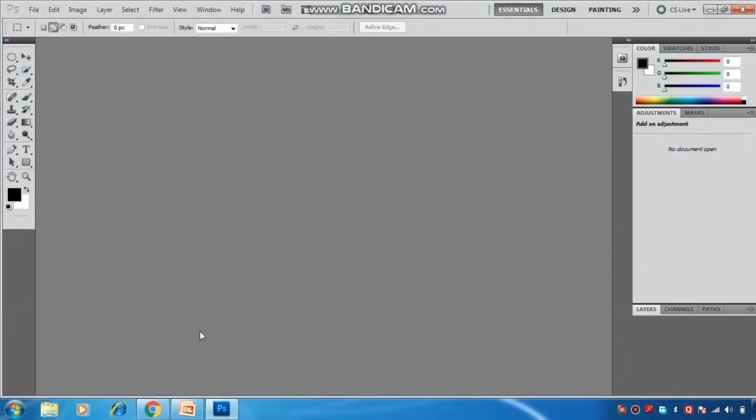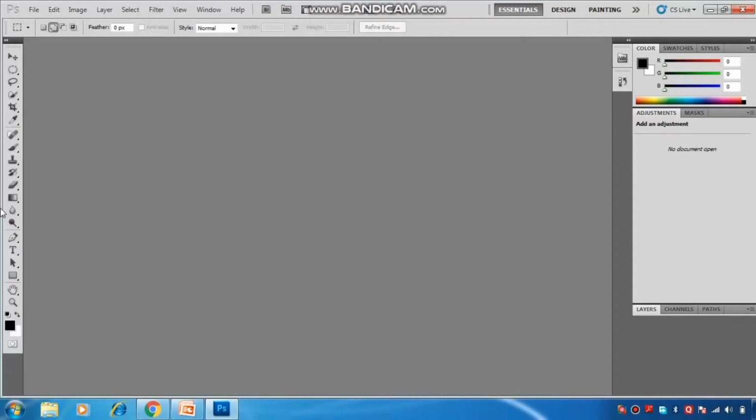So this is the window of Adobe Photoshop that will appear on your screen. Firstly, let me discuss our window. The second one is called the option bar, and the first bar is called the application bar, or you can say the menu bar. The third one is the tool panel. And here you can see the palettes, and this one is called the document window. Here you can open your document and do the editing on your pictures or images.